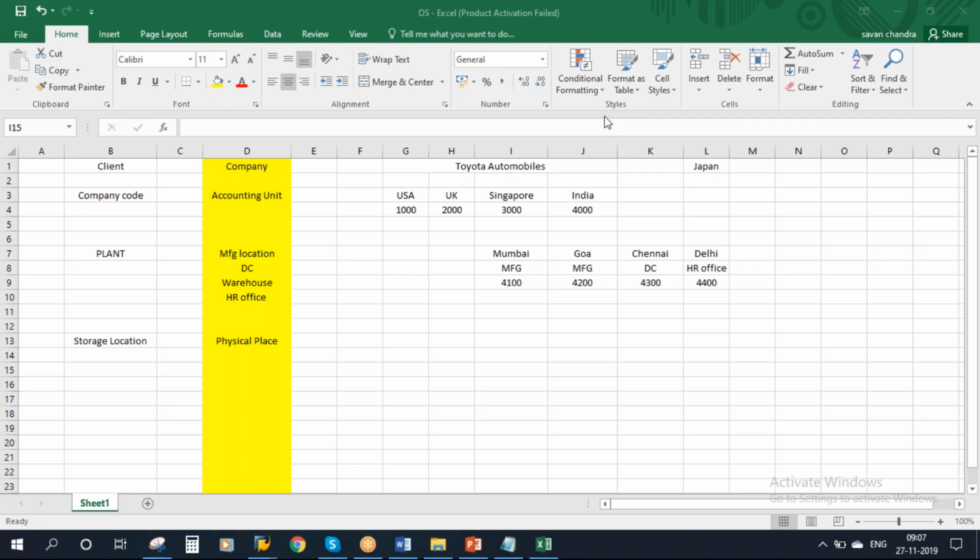Correct? Yeah. Suppose, let's say, where will you normally keep bed sheets, pillows, towels? Bed sheets and pillows in the bedroom. Bedroom. So why do you keep them in the bedroom? Because those items are normally used during sleeping. Correct? Yeah, correct. So basically, similar kinds of materials are stored in a particular place.